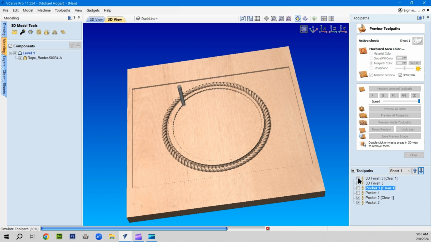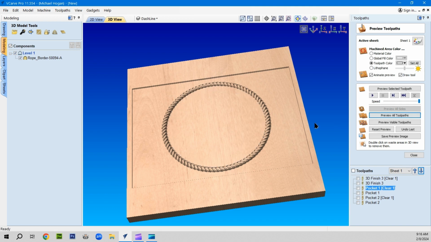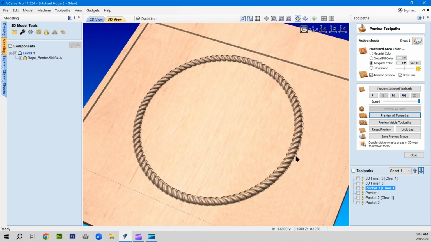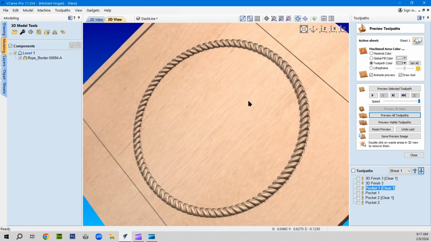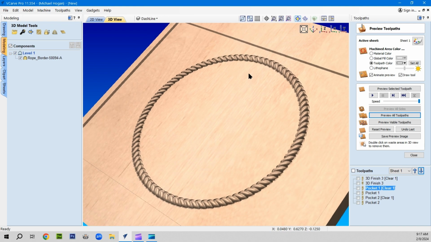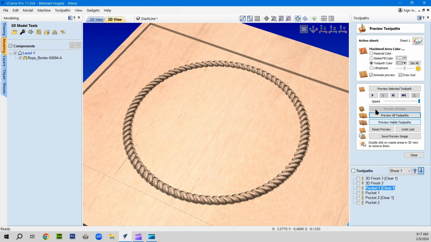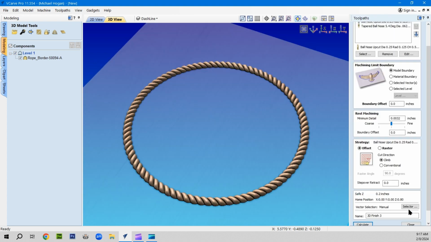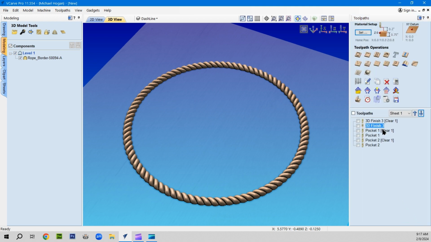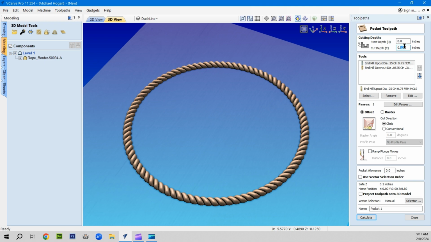Now, without changing the toolpath cut depth after you made changes to the material setup, you notice we got grooves all along the rope edge. That's because the base of the rope is different from the surface around the rope. So it's always best, once you make that change, to recalculate your toolpath. But you also want to go in, wrong toolpath, and change this. Now, we need to know what that is. And that would be,